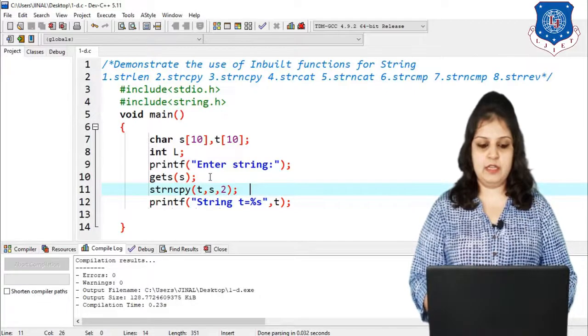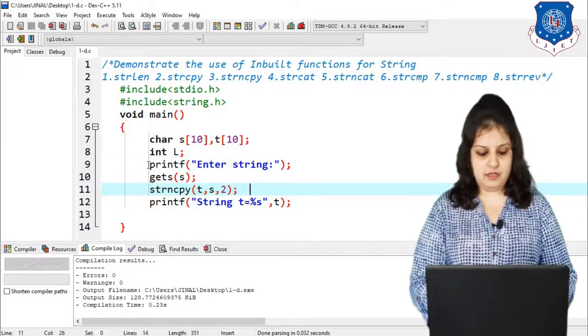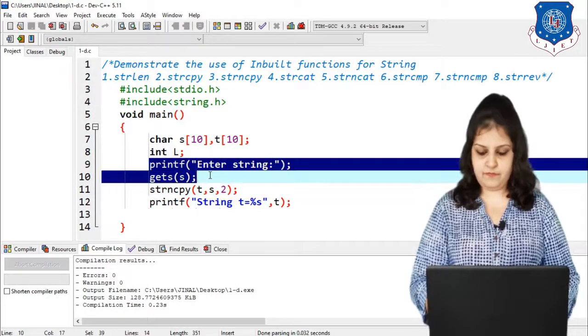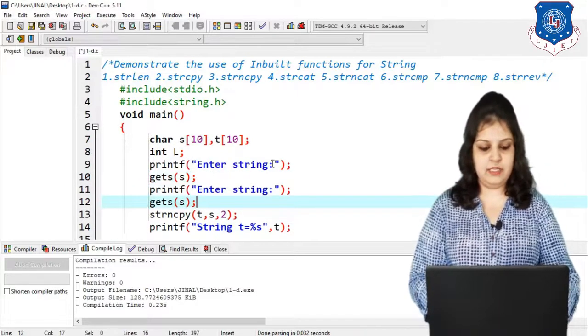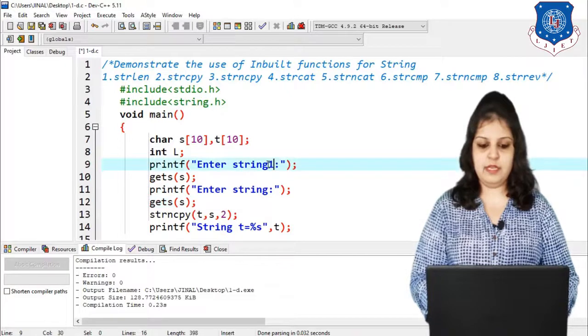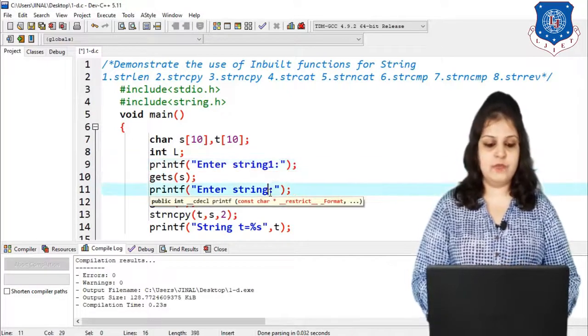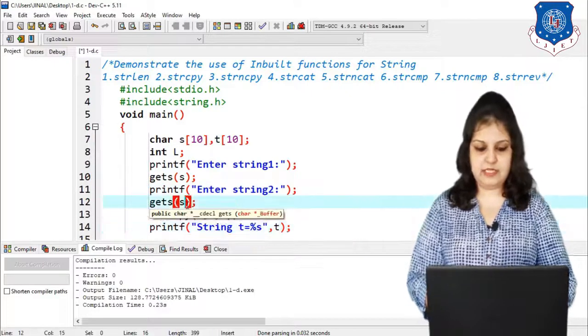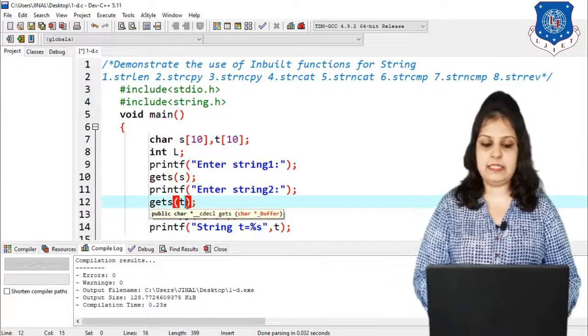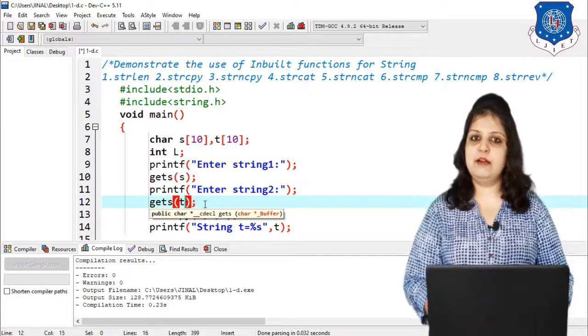So input another string, I copy this and paste. Here I write enter string 1 and here enter string 2, and in gets the first variable is s and the second variable is t. So our input part is completed.